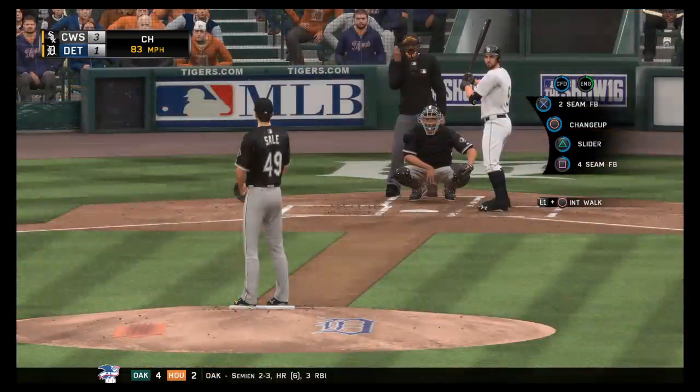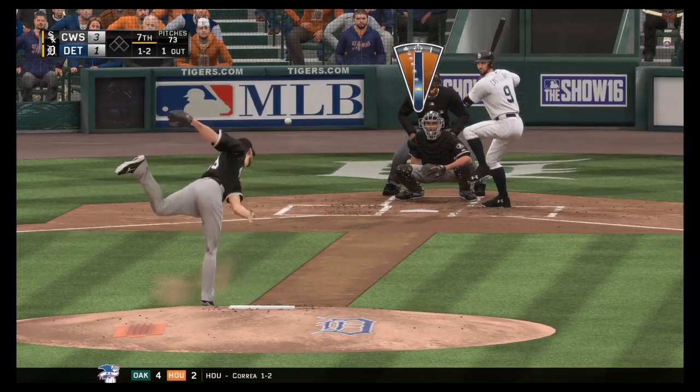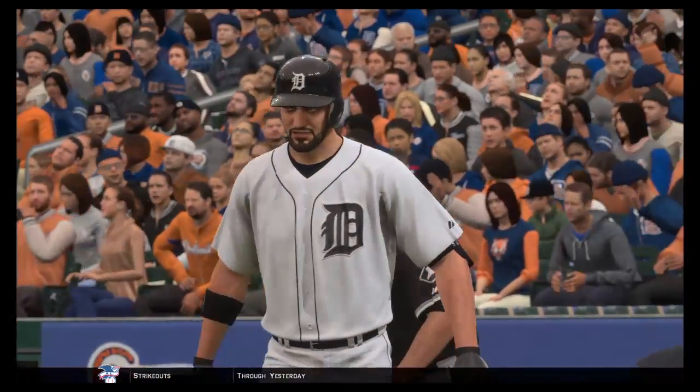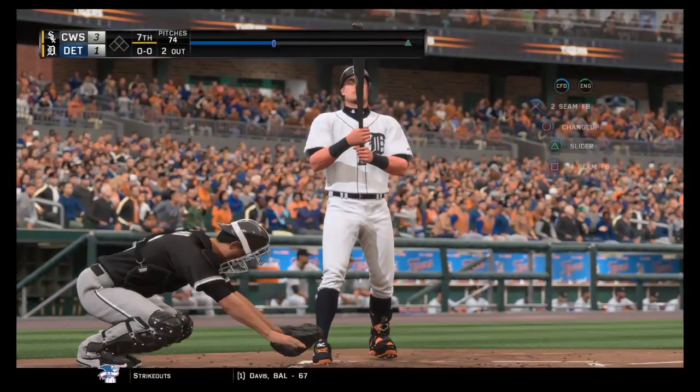Tried to work it back to that low inside corner, but it misses. 1-2. Tough pitch to lay off there with 2 strikes. I'm not sure if that was a good take or whether he just got fooled on a changeup and couldn't pull the trigger. The catcher, number 32, James